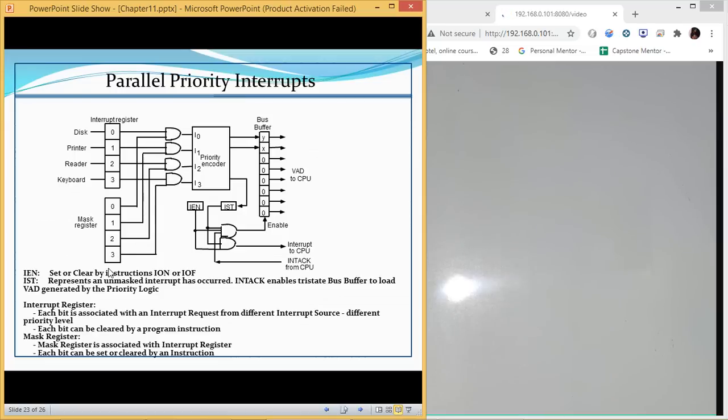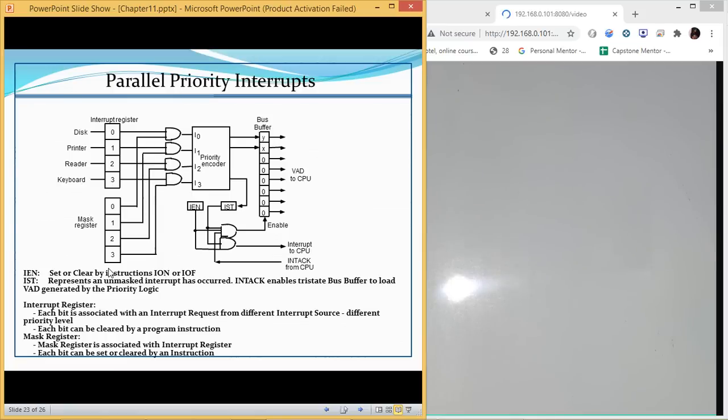This mask register is programmable, so it can be used to program how the operations are going to work. It can be programmed to disable the lower priority interrupt while the higher priority interrupts are being serviced. You can also use it in the opposite way.